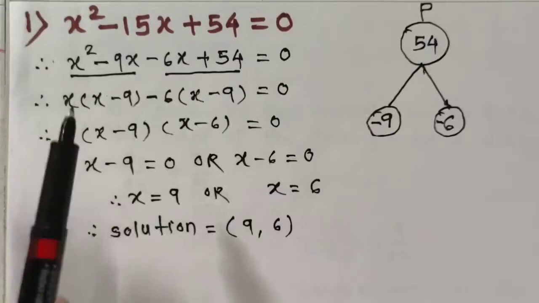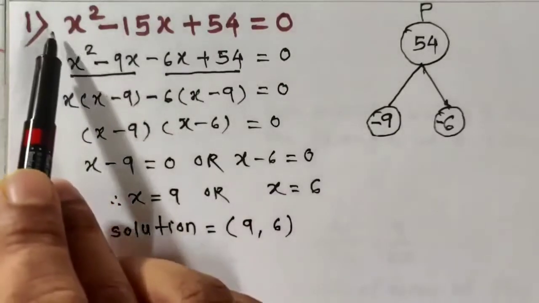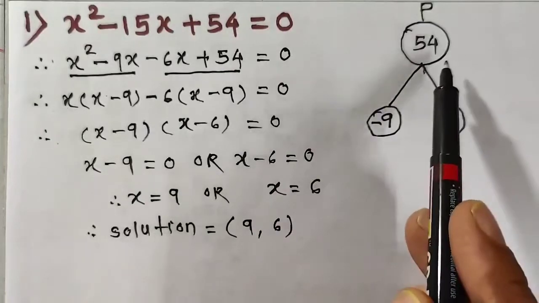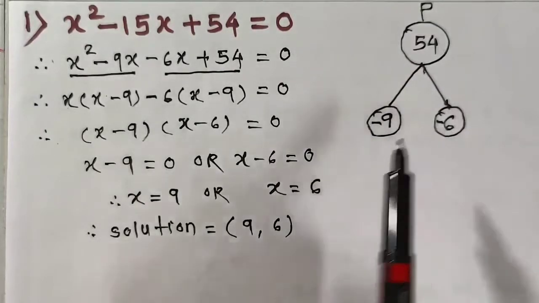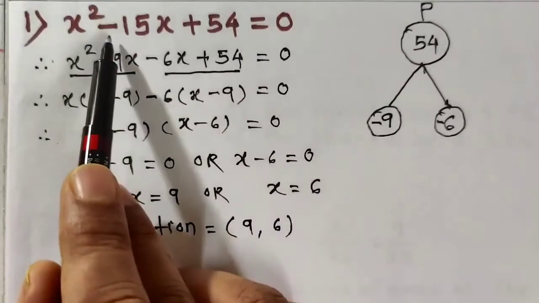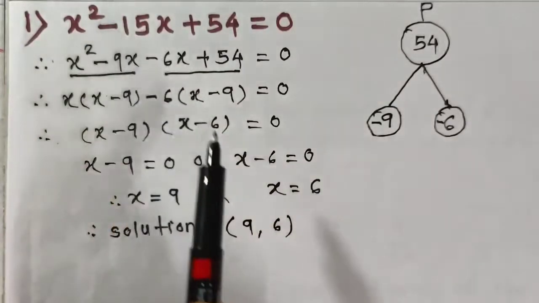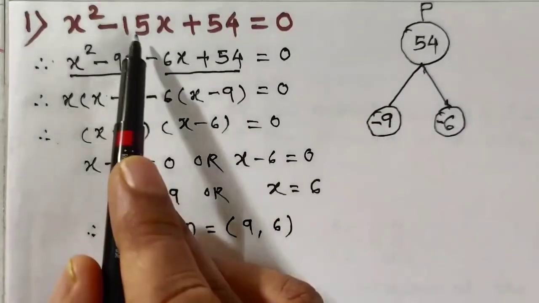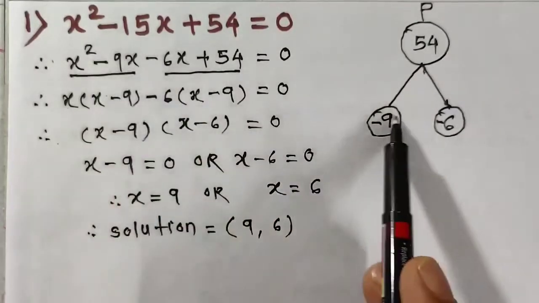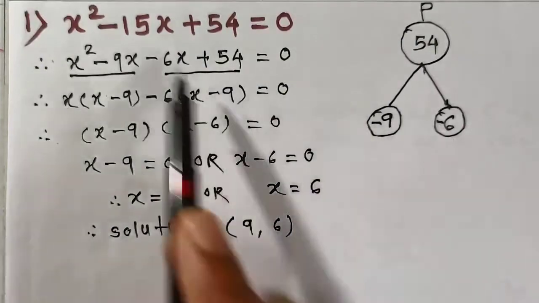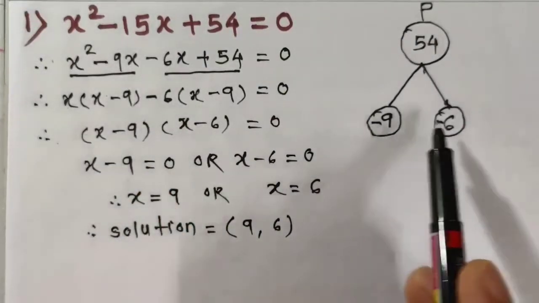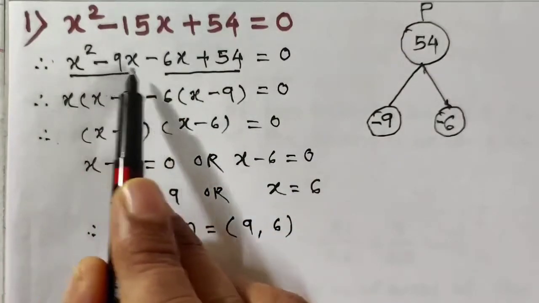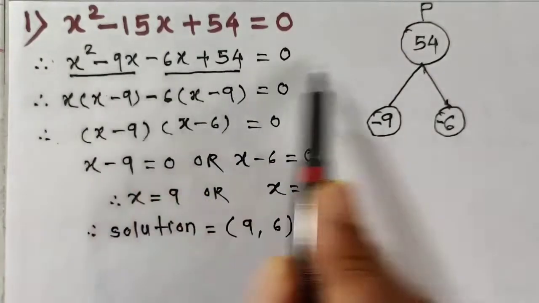So let us see that sum. Here the product is 1 into 54, which is 54. Here the product is positive. Therefore, both the factors have the same sign, that is the sign of the middle term. Now observe the middle term is 15, and whenever the product is positive, the sum of these two factors is equal to the middle term. So 9 into 6 is 54, 9 plus 6 is 15. We get two factors, minus 9 and minus 6. So split up this middle term as minus 9x minus 6x, remaining terms as it is.